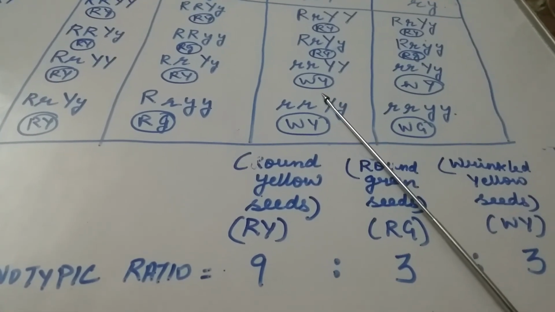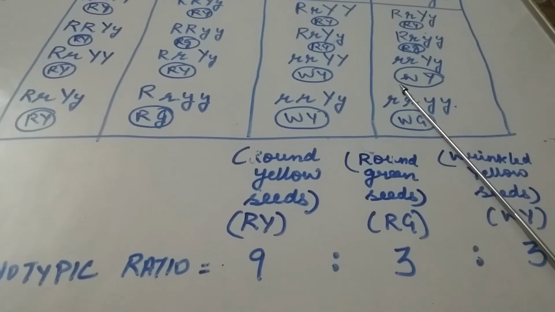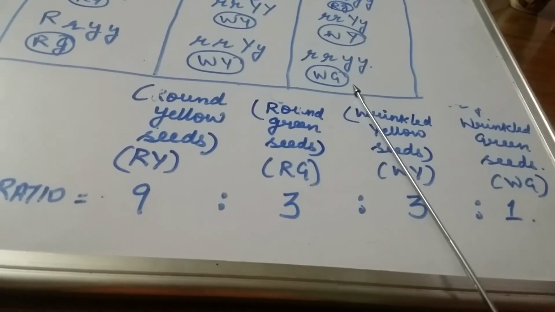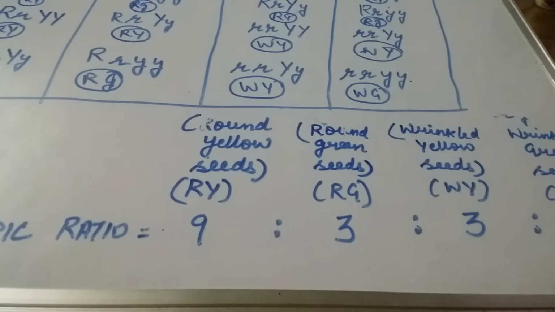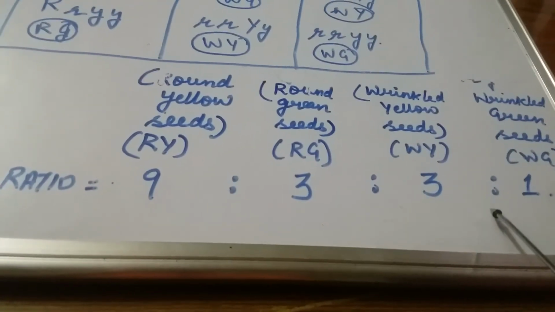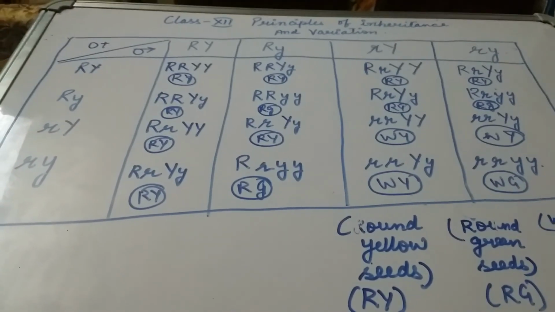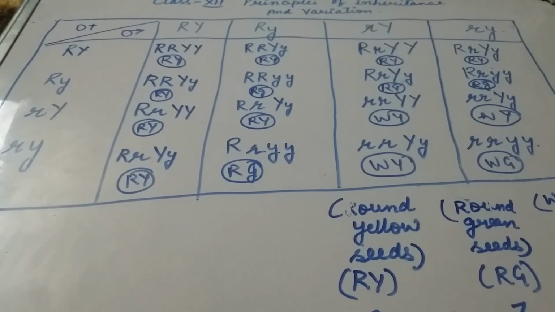Similarly, wrinkled and yellow seeds are there, 1, 2 and 3, and one is having wrinkled with green seeds. Thereby the phenotypic ratio for the dihybrid cross comes out to be 9:3:3:1. That's all with the dihybrid cross and the monohybrid cross with the help of an example,